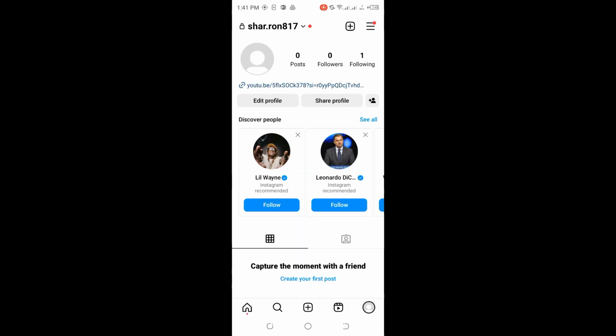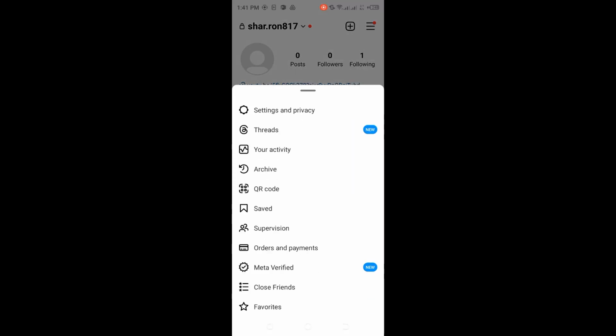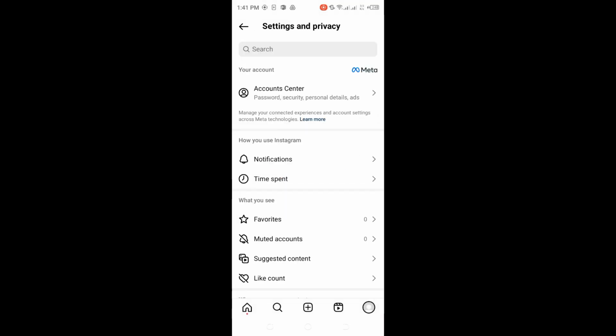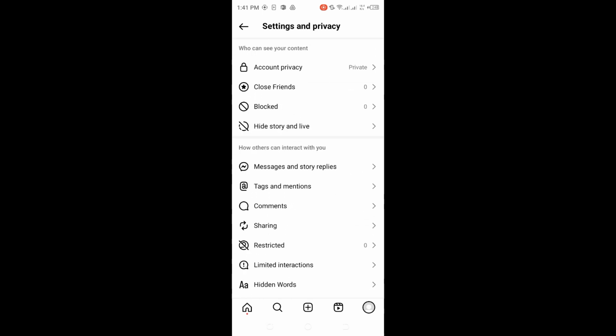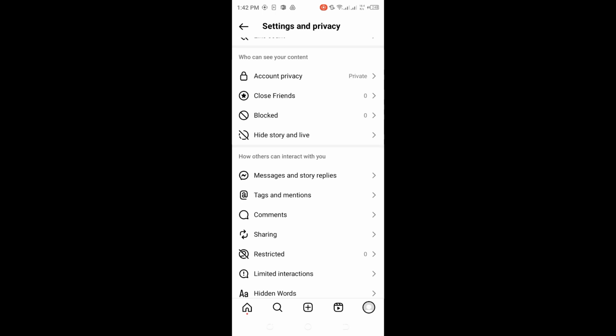And here we could see, tap on the three horizontal lines, the menu icon in the top right corner of your profile page to open the side menu. And from the side menu, tap on Settings and Privacy. And in the settings menu, you have to search for Messages and Story Replies, which is just here under how others can interact with you. And tap on it, and here we could see on the bottom that says Show Activity